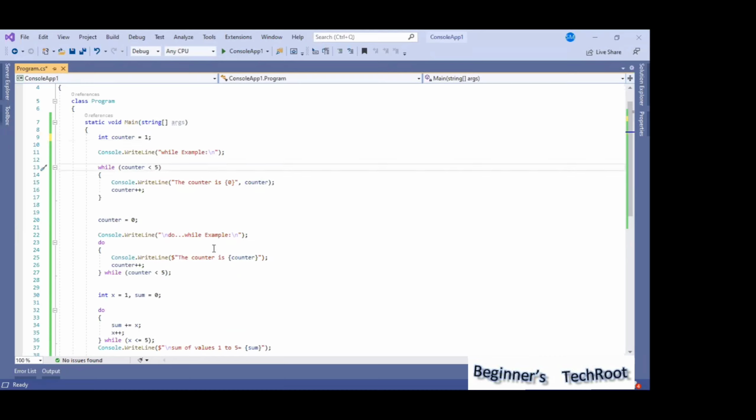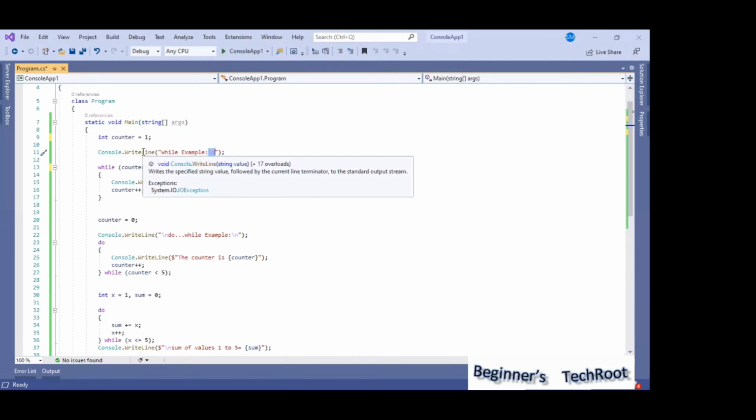So now int counter equal to 1, and I am writing the console write line method just to write on the screen, while example. And if you observe here, I am specifying backslash n. So what does this backslash n do? It gives one extra line.